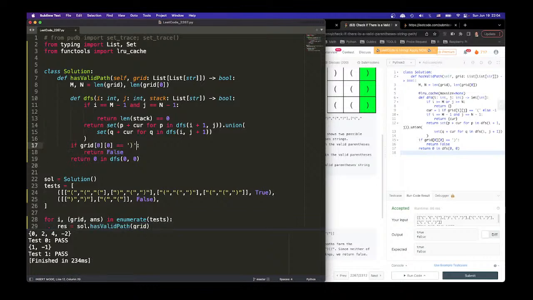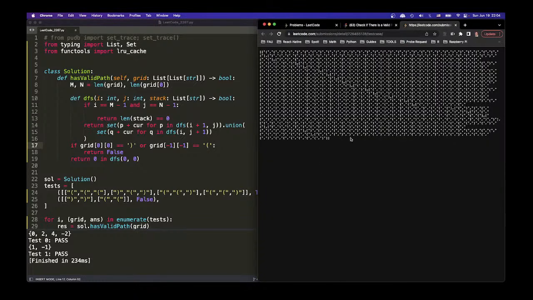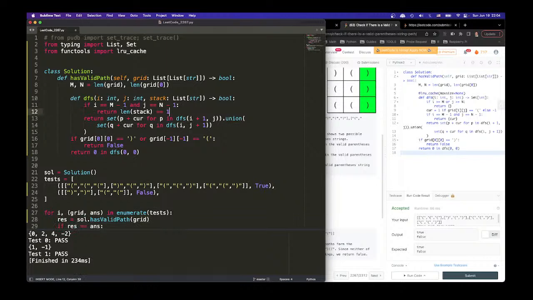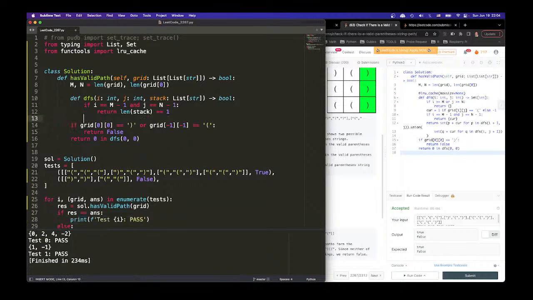You can say if grid -1 is equal to a left parenthesis, then return false. Is the end a left parenthesis? No, it's a right parenthesis. I'm going to return this one equals 1. If we have 1 in the stack, there must be a left parenthesis, and now the last one's a right parenthesis, then we know it matches. So it's going to be true, okay? If that's going to be 1. Otherwise,